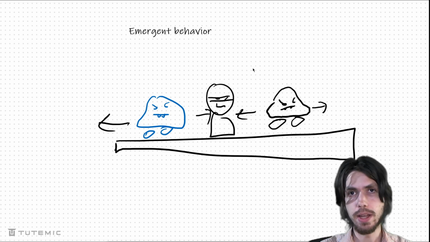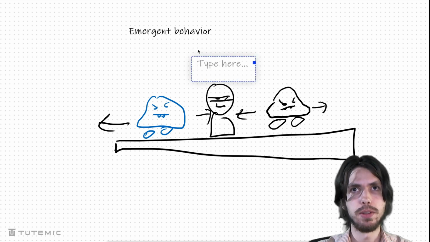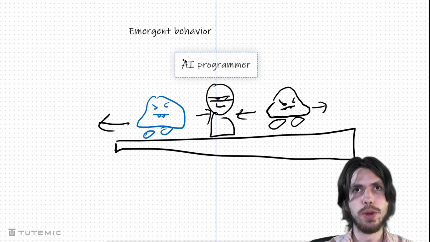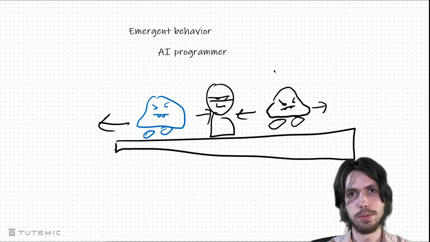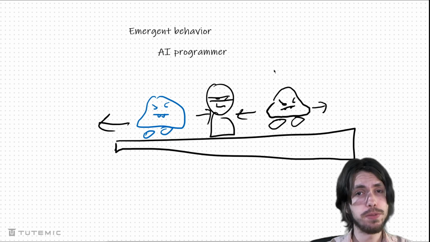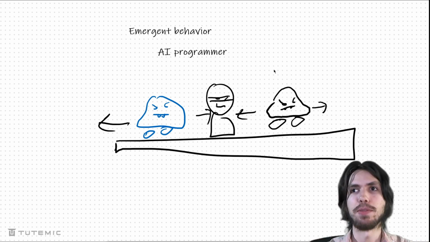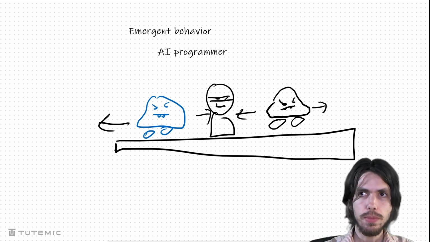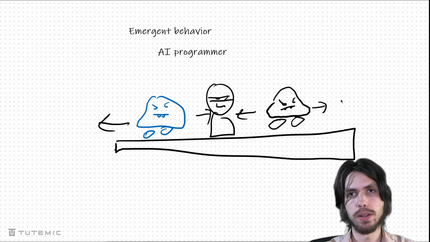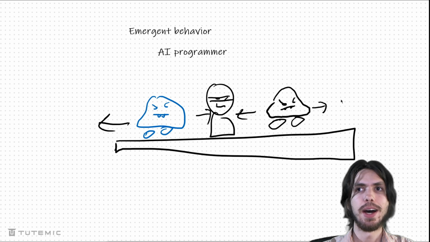Yes, there are people who identify themselves as AI programmers. In fact, you'll see job postings that say AI programmer, and if you don't know how the A-star algorithm works, then don't apply, probably. But it's a niche field, AI programming. If you're trying to become an AI programmer, then sure, if this is your first video, great. Watch something else after this. But ultimately, for most programmers, most gameplay programmers, they're not going to have to worry about a lot of this type of stuff that we've been talking about.